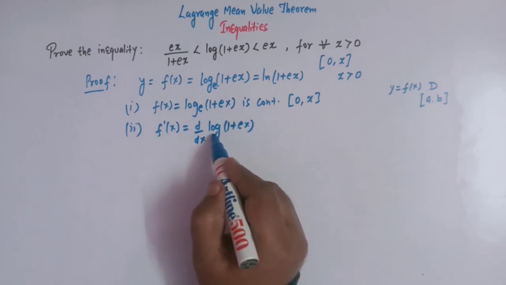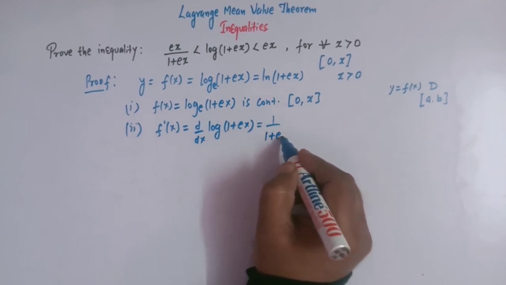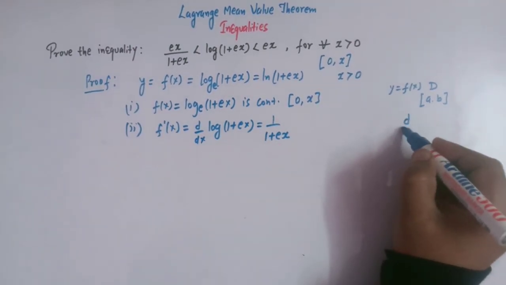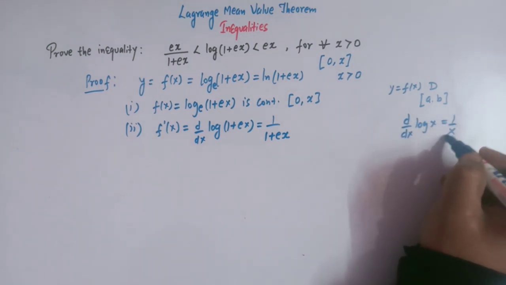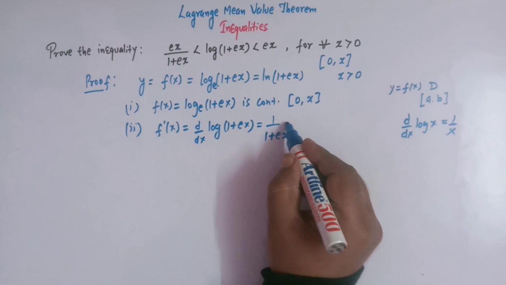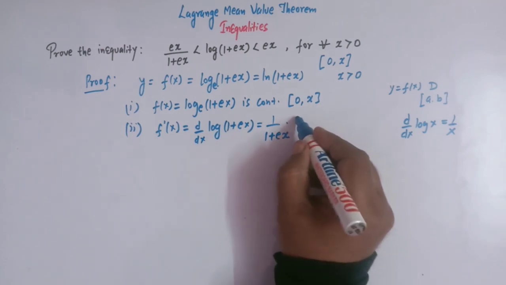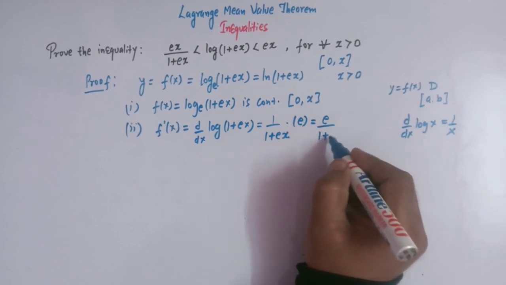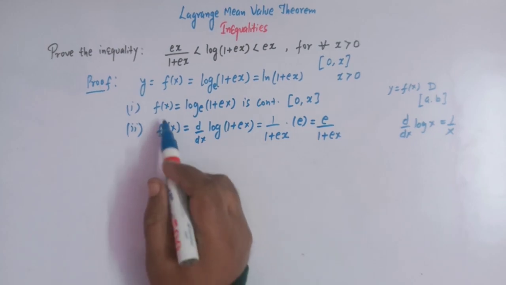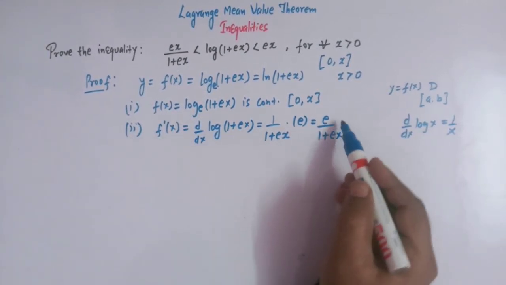So the derivative of log of 1 plus ex is 1 over 1 plus ex, because the derivative of log function is 1 over x, right? And by chain rule, the derivative of 1 plus ex is simply e, right? So we have e over 1 plus ex as the derivative of f of x,